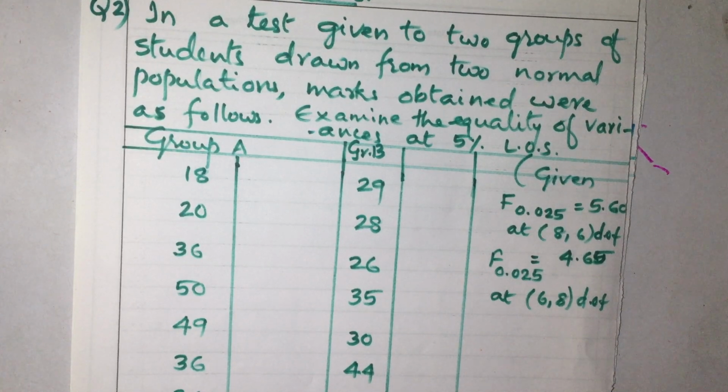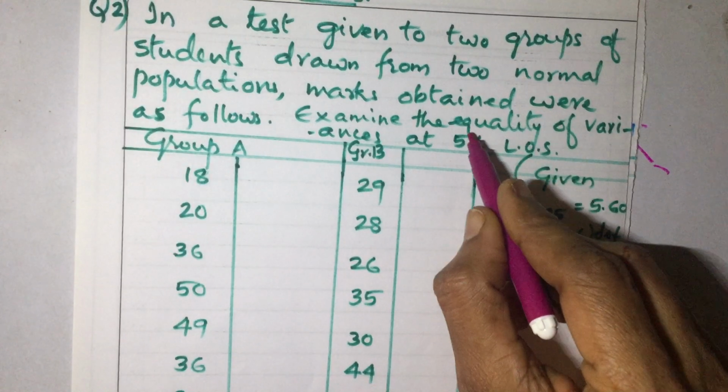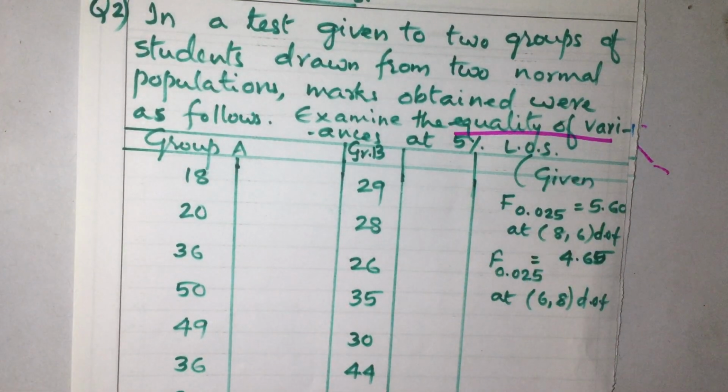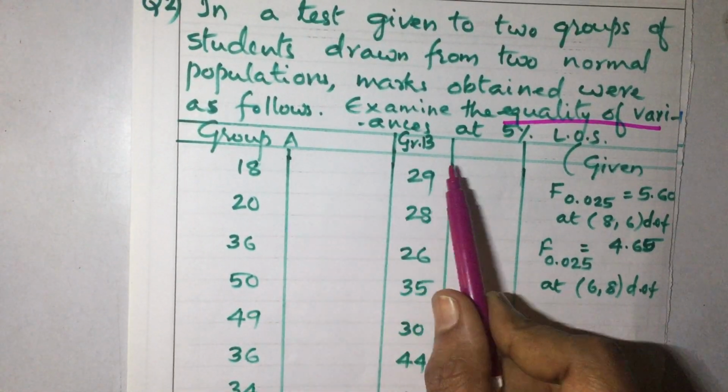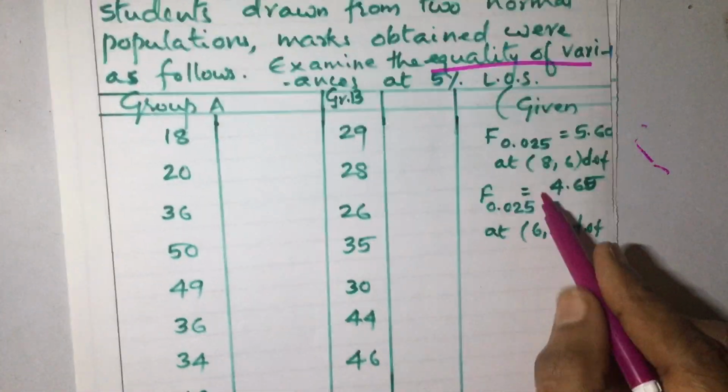Examine the equality of variances. So here also you need to find the equality of variance, means sigma 1 square equal to sigma 2 square, that you have to see. Here group A is given, group B is given, only this data x1, x2 like that is given,